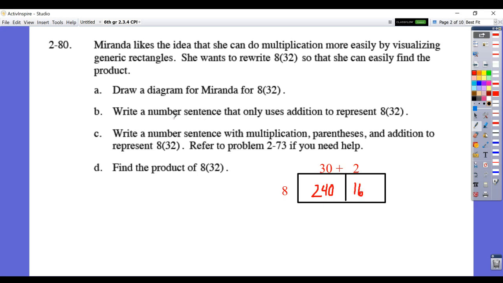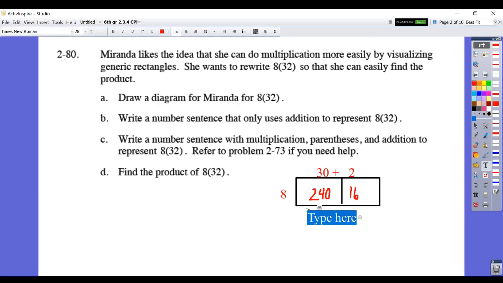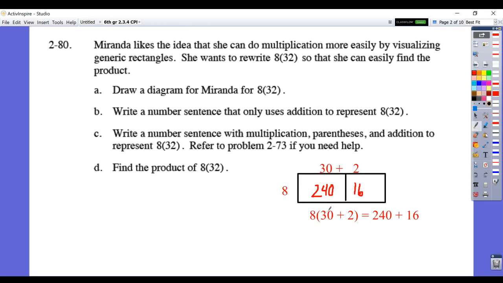Then a number sentence that represents that would be 8 times 32, and we can make that 30 plus 2, will equal 240 plus 16. And when you look at how that occurs, that is what we consider to be the idea of the